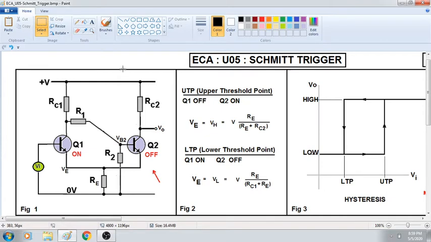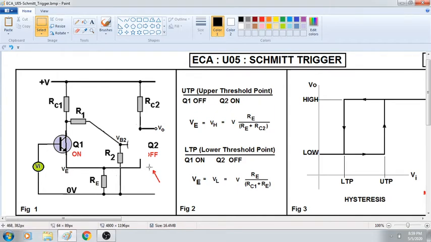So what will happen when Q1 is on? This transistor will be shorted. That means the switch will be connecting the collector to the emitter, whereas this transistor is not there in the picture. Okay, now